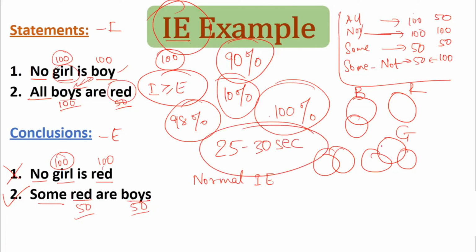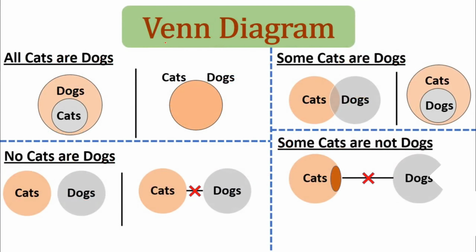Okay, moving on. Now let's take a look at Venn diagrams. Don't be afraid of all the diagrams and sentences that you are seeing over here. I'll explain everything to you. They are very easy. What we know is that a Venn diagram is for representing things, right? If you want to talk about all the cats in the world, what do you do? You draw a circle. You call this circle cats. So this circle represents all the cats in the world. Everything inside the circle is nothing but a cat. Everything outside the circle might be anything, we don't know what it is, but inside the circle everything is cat.